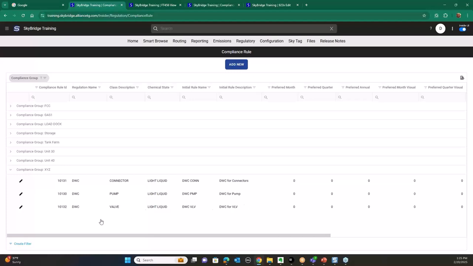But if I add maybe a relief, it won't go through. Now it would add as much as it can. You saw how that worked out. If I put a new unit in and add all the new information, it's going to put in the group, the class, the chemical state, but it's not going to put the rule for you. Okay. But again, you can do that manually here or let SkyBridge populate most of this information,